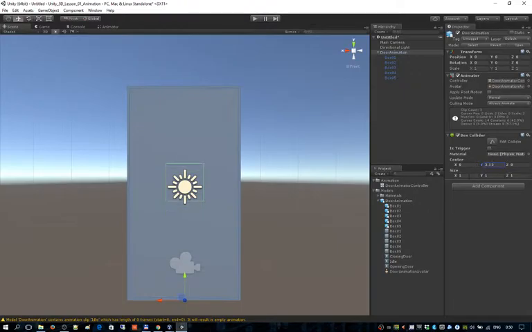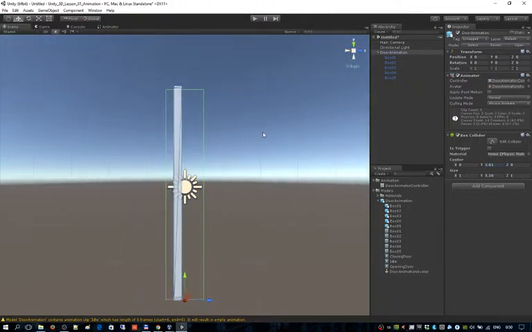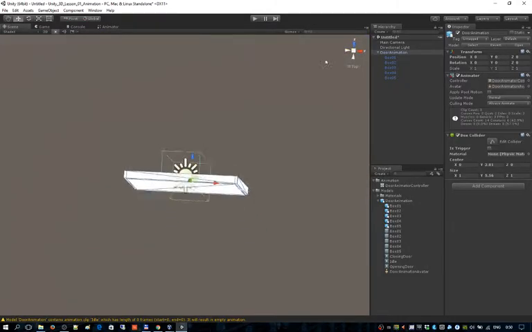Okay, so I need the size to be changed, something like that. Okay, so from the left, from the top, X, okay, size for X, something like that. And for that,